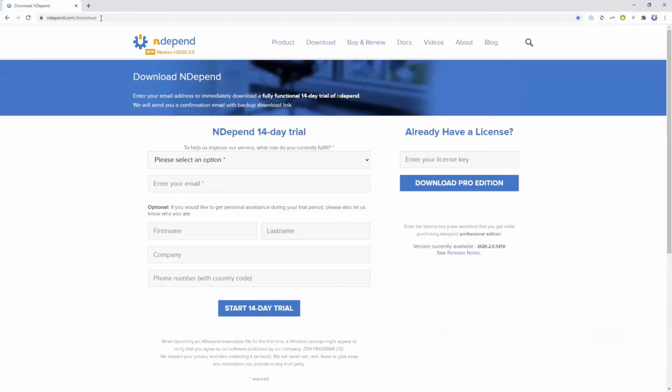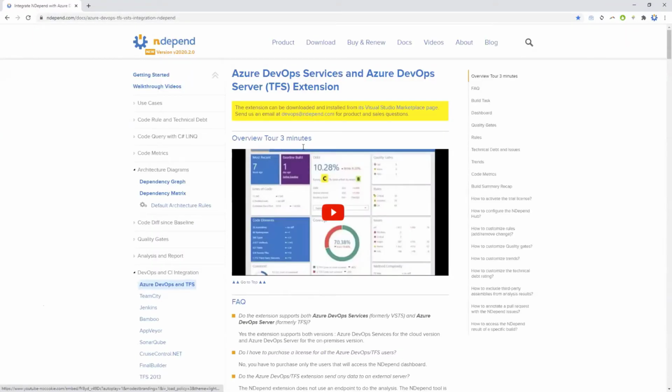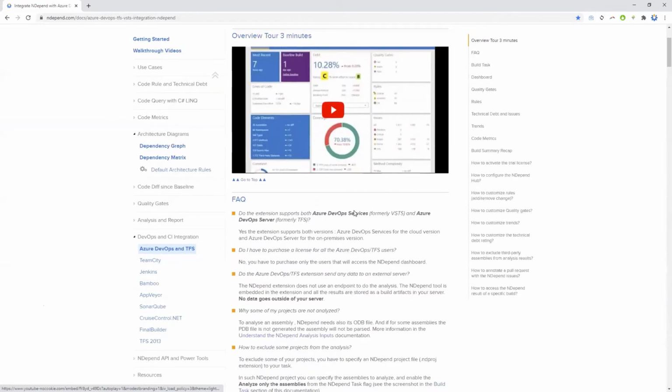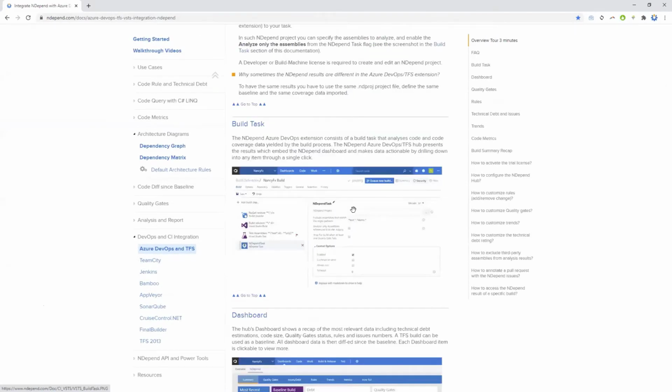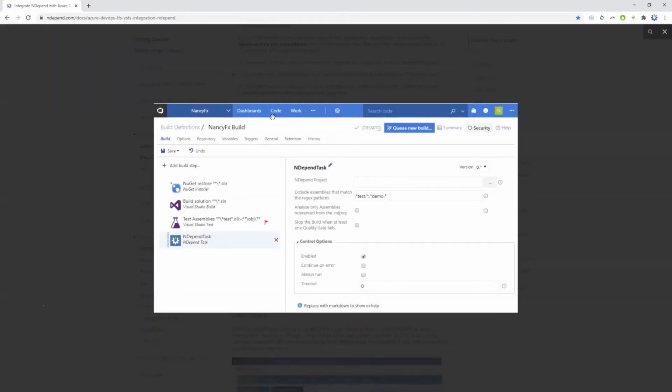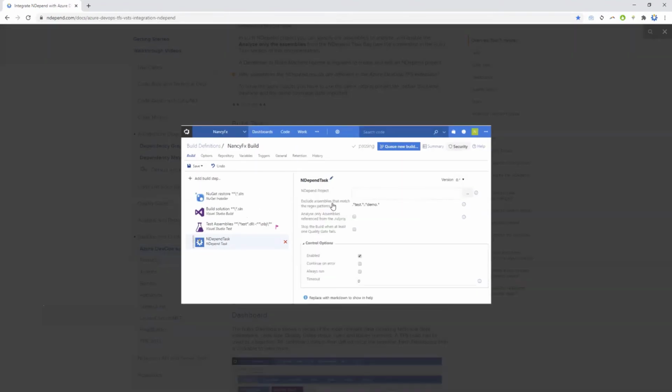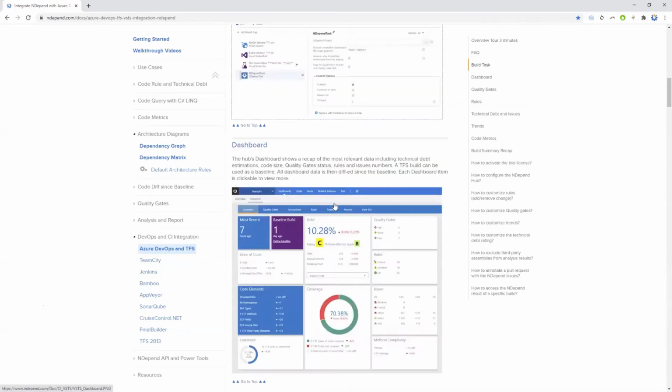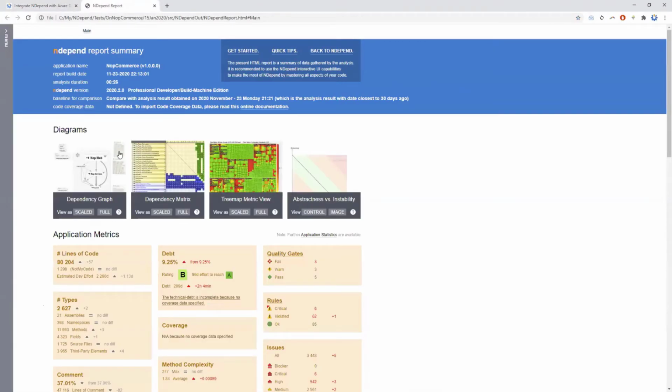Or you can go here to the Azure DevOps integration. There is even an overview too. And here you can see that there is some integration inside Azure DevOps, so basically all the features we saw about technical debt and code coverage reports.